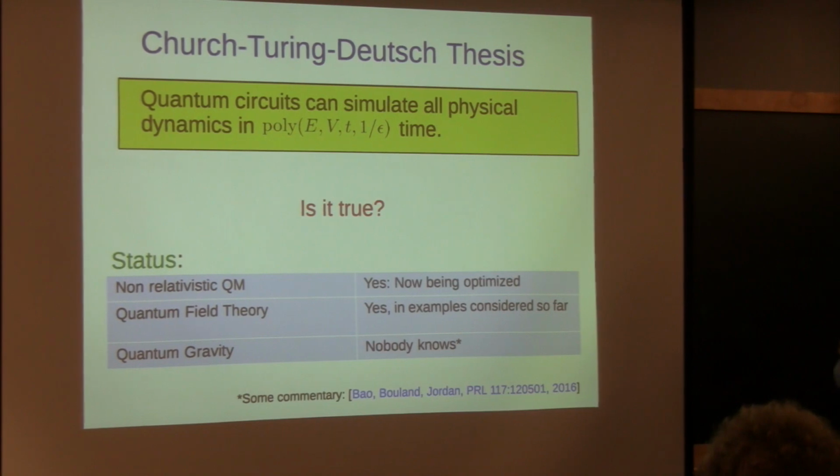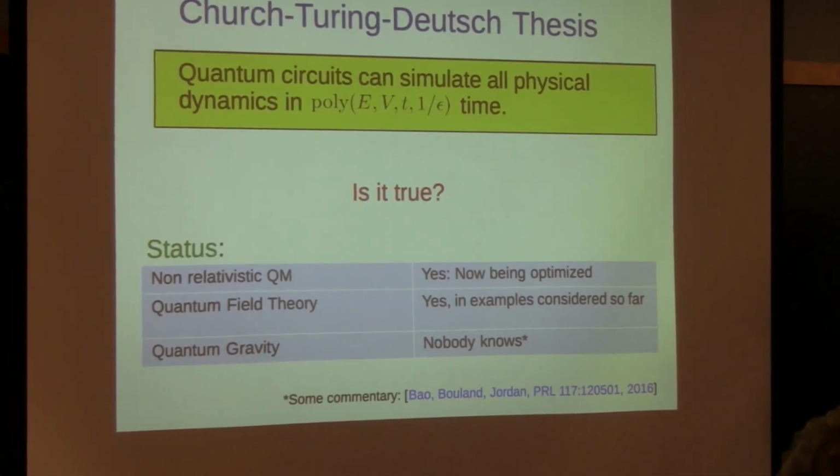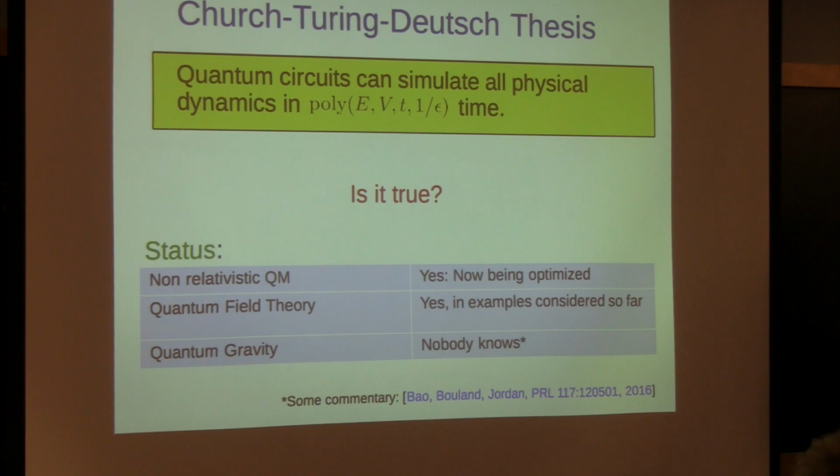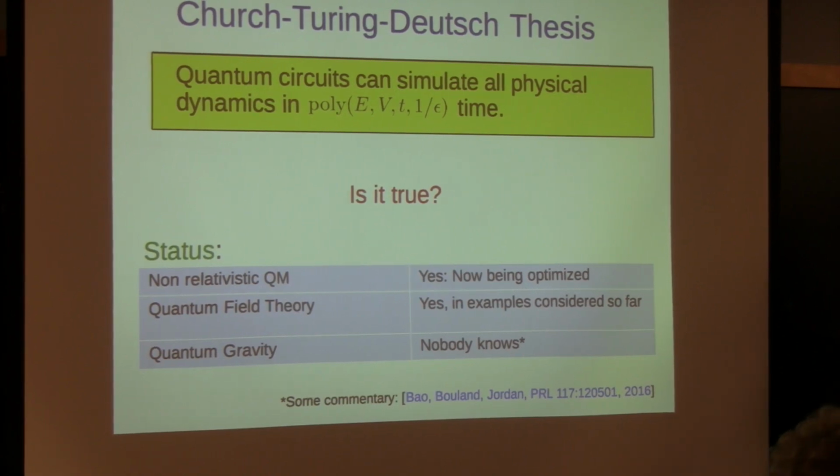So there's this hypothesis, which might be called the Church-Turing-Deutsch thesis, or some people would call it the quantum Church-Turing thesis. But basically what it suggests is that quantum circuits can simulate all physical dynamics in some number of gates, which scales only polynomially in the energy, space-time volume, and precision that you want to simulate. So this is a very far-reaching and bold claim, and I think it's a very interesting question to investigate whether it's true. So we have to think about different physical systems we know about and whether we can simulate